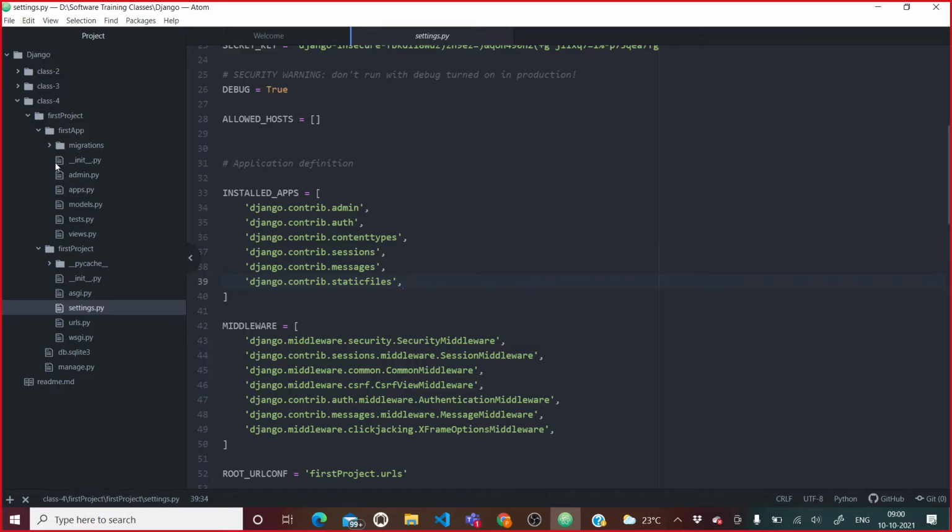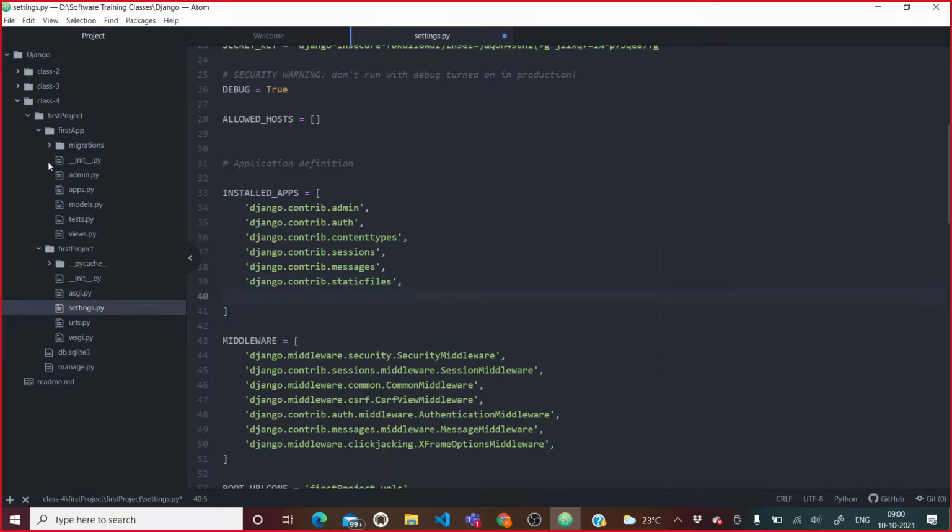As we have created our custom application, we also need to register it in the installed apps. Simply write the name of your application. What is the name of my application? First app. So this is what we need to do. That's all, nothing else you need to do here.